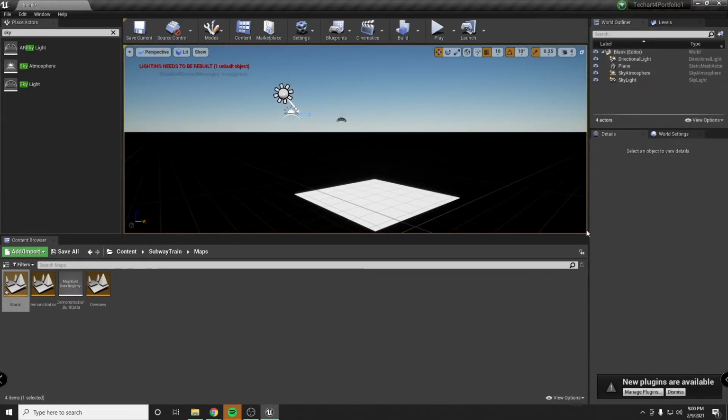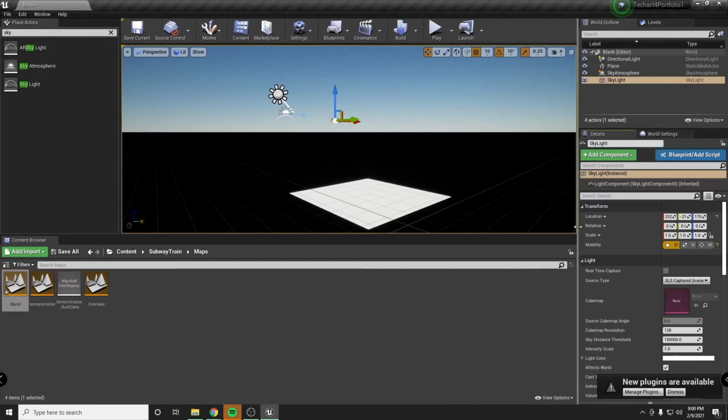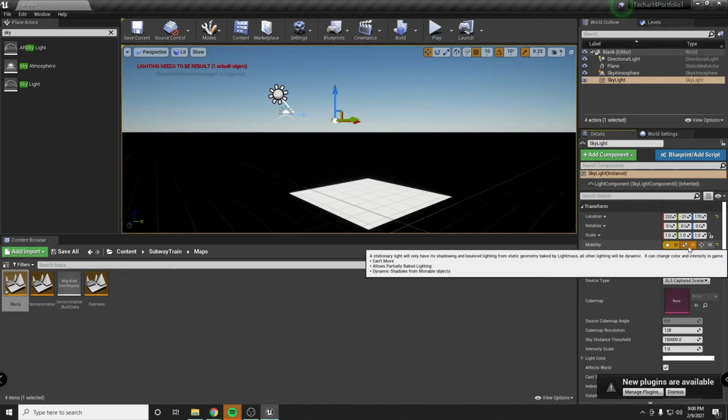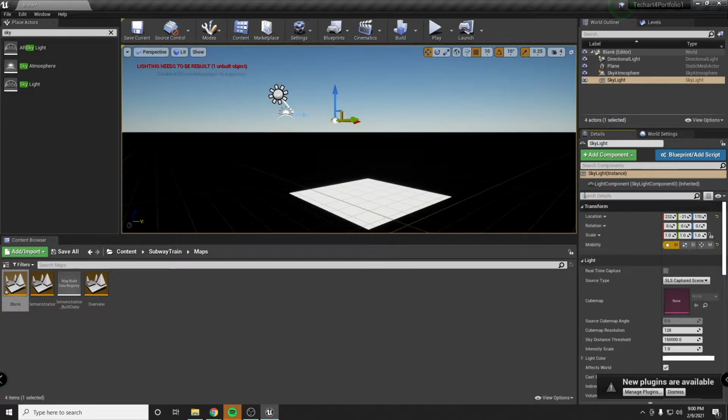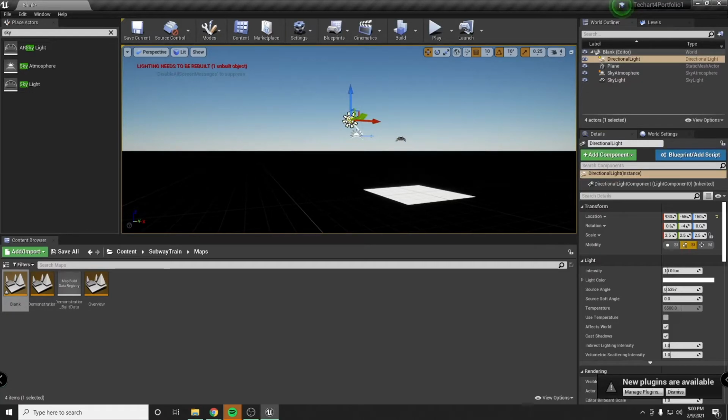Usually you want your skylight to be static because it calculates inside a closed area, and it will just cost more on the GPU too. Let's go with that. Okay, now we have this and we have this, so keep it stationary